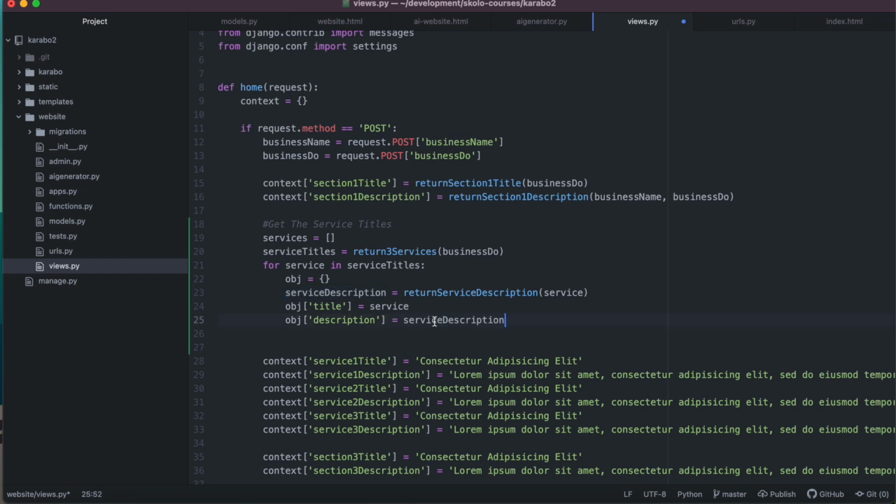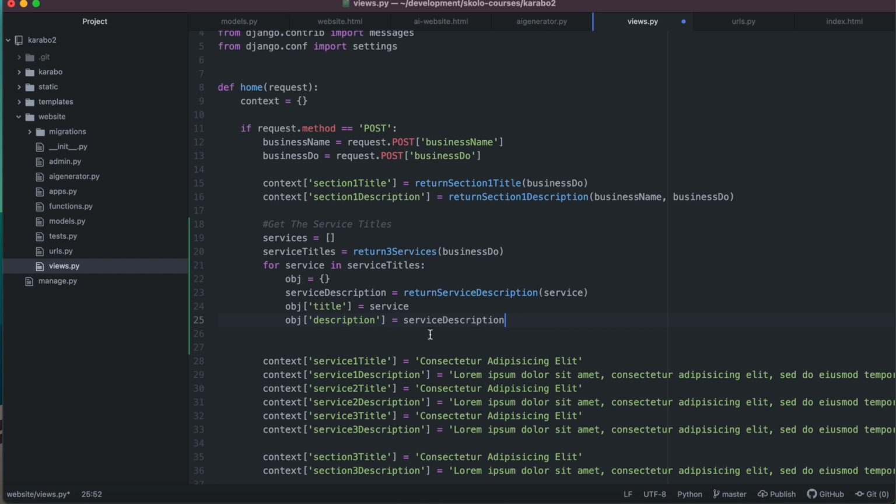Understand? So now we're going to create an object, which in this specific case is like a Python dictionary, and in there we'll have a title and a description. Then we can just append this object to the services, sort of like appending it to a list. This is basic Python stuff. Creating a list, creating an object, and appending it to the list is a good way of iterating through things and getting the things in a dictionary together, so that you can refer to them later on